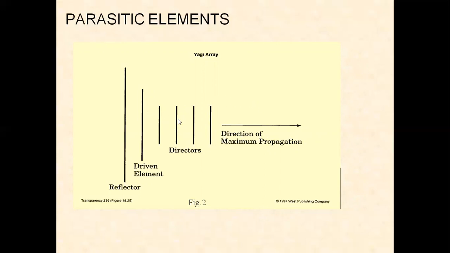All these parasitic elements increase the signal strength in the favored direction. Similarly, when the signal comes towards the reflector, the reflector reflects the signal. So all the energy will come forward and they provide direction in a point-to-point manner, towards the receiver. When it is acting as a receiving antenna, all the energy will be received towards the driven element. Some energy escaping through the driven element will be reflected by the reflector, and that is collected in the driven element.